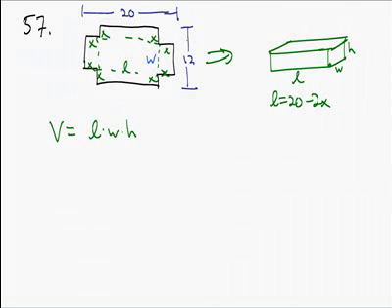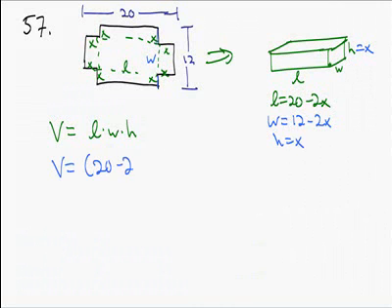Well, it's equal to the full 12 minus these 2 x's here, minus these 2 x's. So the width is 12 minus 2x. And what's the height equal to? Well, the height, you can see, is just where we fold up these sides. The height is just going to be x itself. So the volume is going to be that length of 20 minus 2x times the width of 12 minus 2x